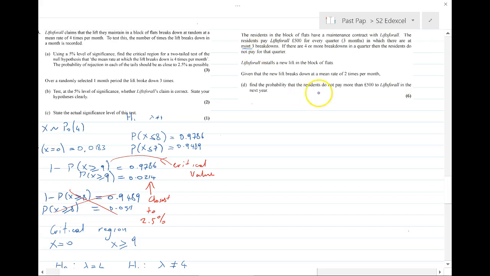Let's work out that probability first of all. That's definitely Poisson, because they're talking about a rate of 2 times per month. But be careful, because we're looking at a 3-month period here. So what we want to be working out is the probability during a 3-month period with Poisson 6, because it's 3 times 2, because it's 2 times per month, so it's 6 times per 3 months. And we want to work out the probability that, let's call it X, is,